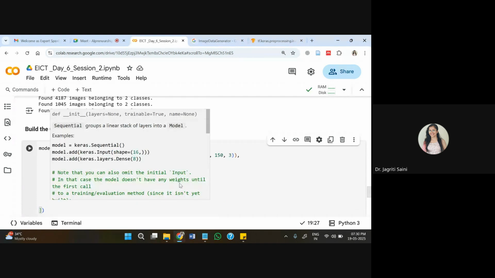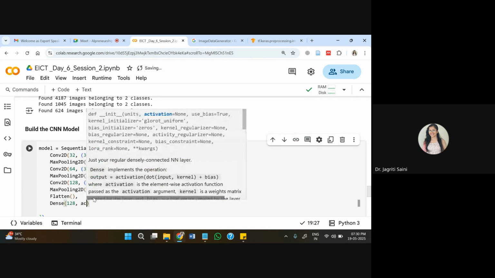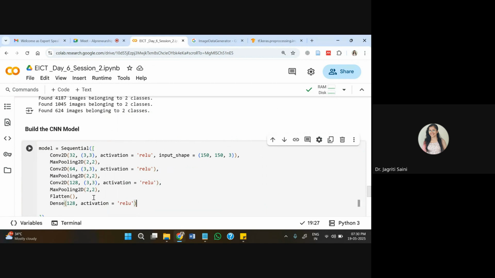So these three combinations of convolution 2D and MaxPool I have added with a specific filter size on MaxPool as well as on the convolution layer. The number of neurons on convolution 2D I have updated stage after stage. Then ultimately I'm passing here the flatten layer and then the dense layer. Dense layer we generally keep closer to the output layer. So accordingly I'm passing it here with ReLU function itself.